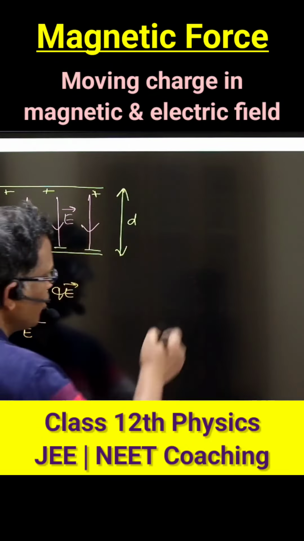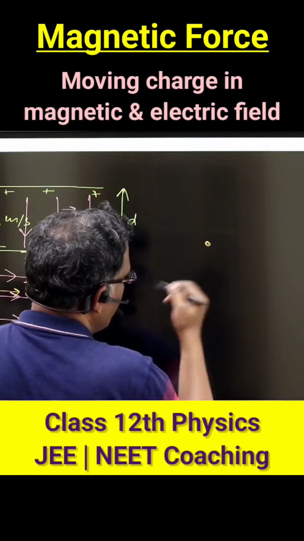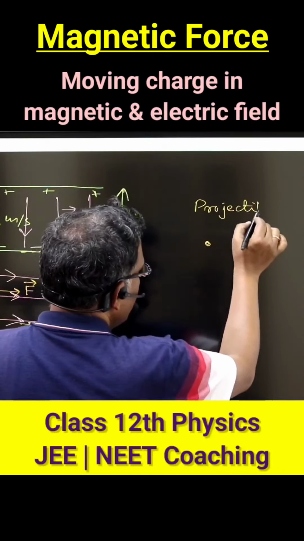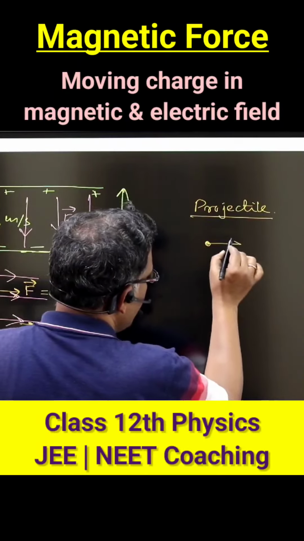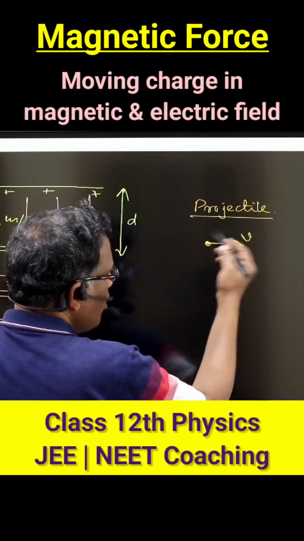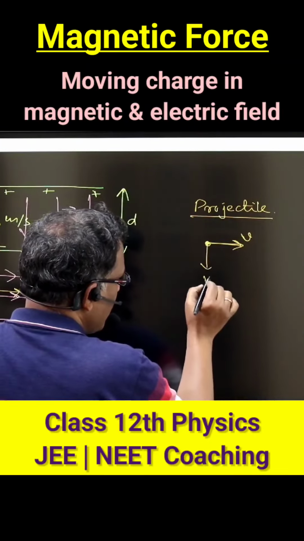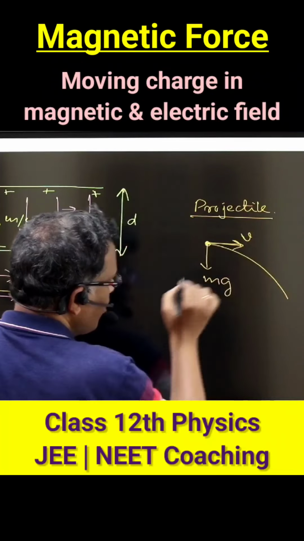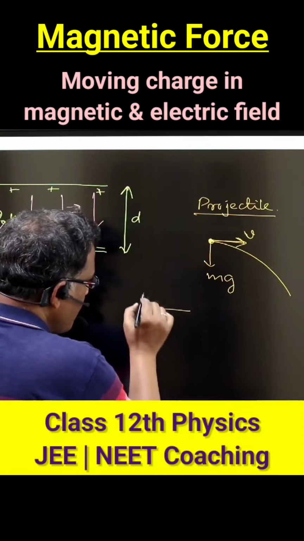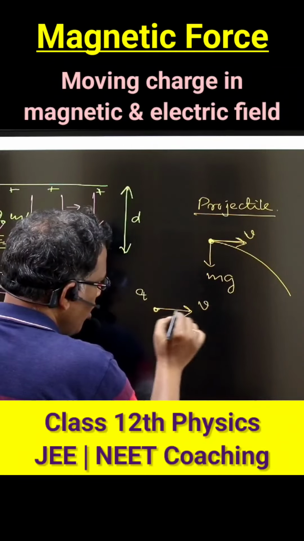So we know from the concept of kinematics, whenever you have worked out the projectile, isn't it? This is the concept of projectile, that whenever we throw something, we have worked with it in the class 11 syllabus, that whenever we throw a particle horizontally, because of its unbalanced weight, it follows the path of a parabola. So similarly here, the charged particle is thrown horizontally.